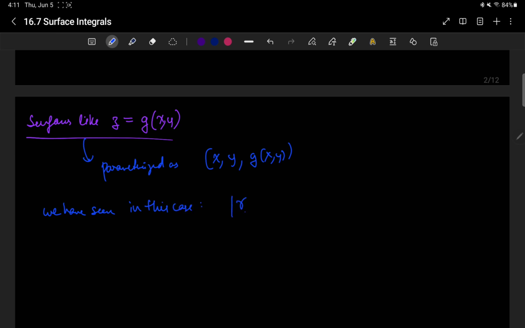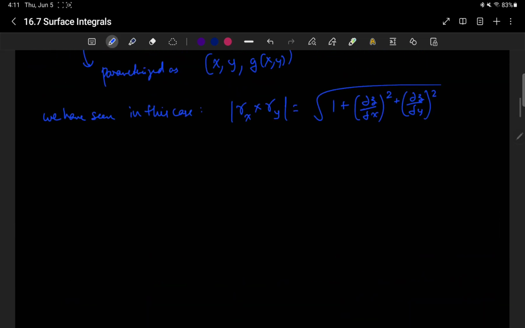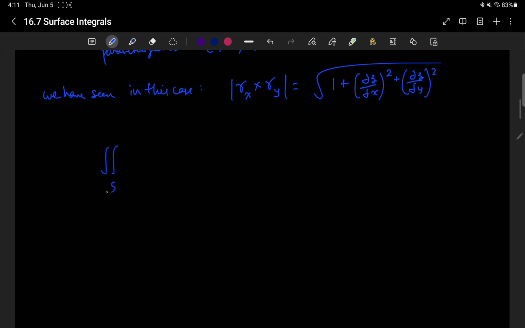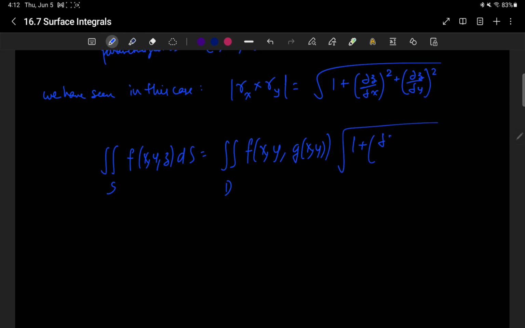again, this is from the previous video, based on the parameters r_x, r_y, the magnitude of this vector comes out to the square root of 1 plus (dz/dx) squared plus (dz/dy) squared, which gives us the result that the surface integral of xyz dS, if it is parameterized as x, y, g(x,y), becomes a double integral along with this factor of the square root of 1 plus (dz/dx) squared plus (dz/dy) squared